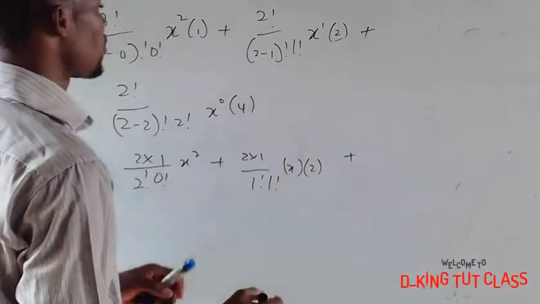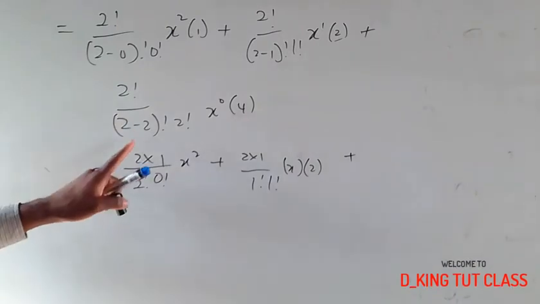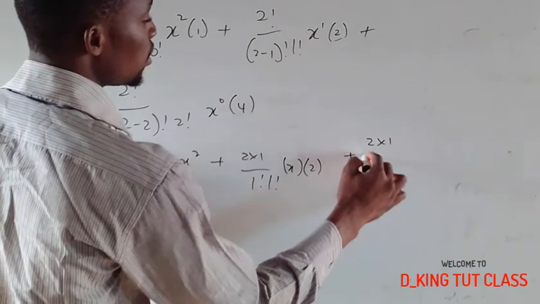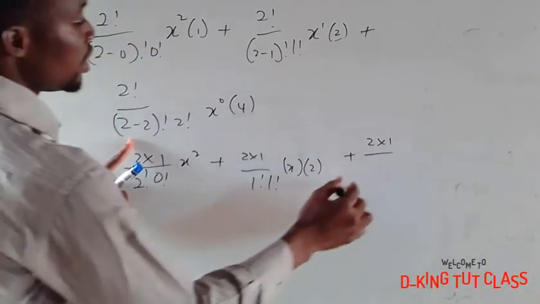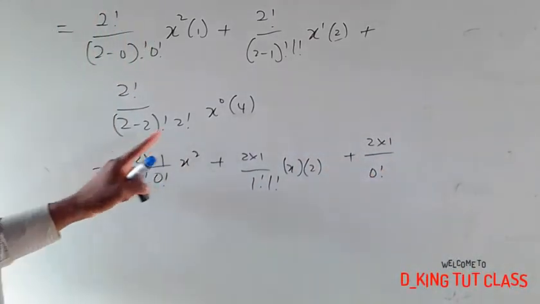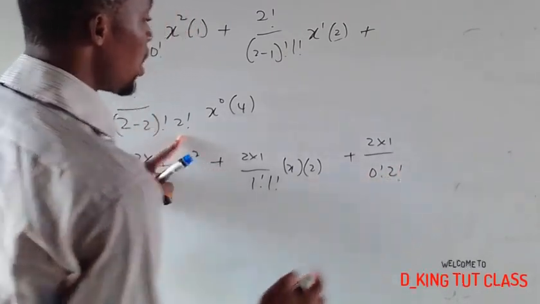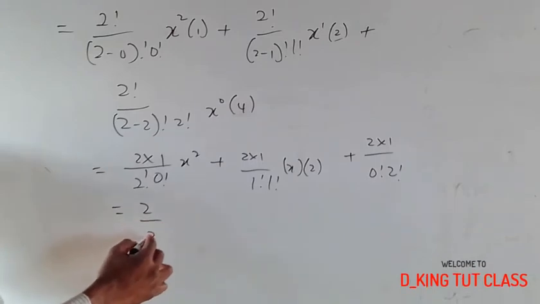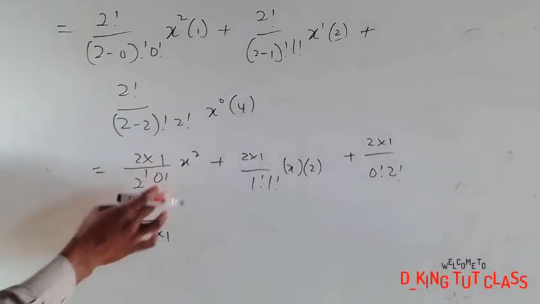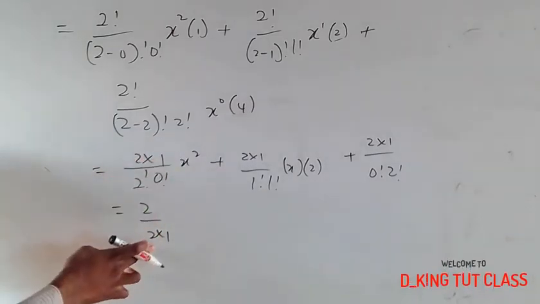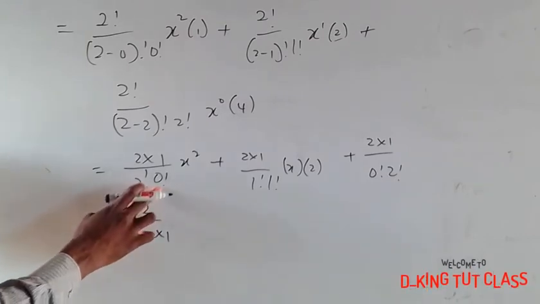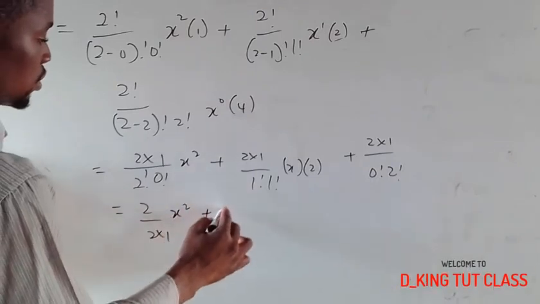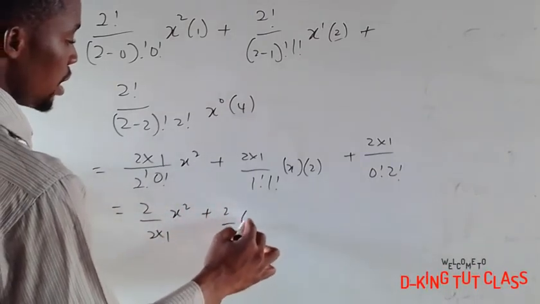Then plus this, which is 2 factorial, 2 times 1, over 2 minus 2 there, which is 0. That's 0 factorial, 2 factorial. Finally, I have 2 over 2 times 1, where 2 times 1 here is 2. 2 factorial is 2 times 1, which is 2. 0 factorial is 1. Times x squared. Plus, this is 2 over 1 times